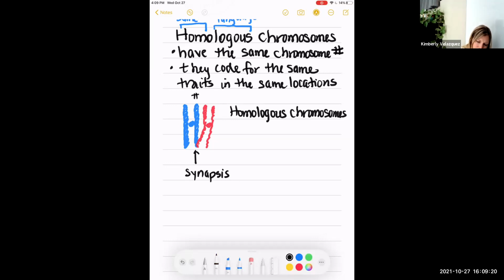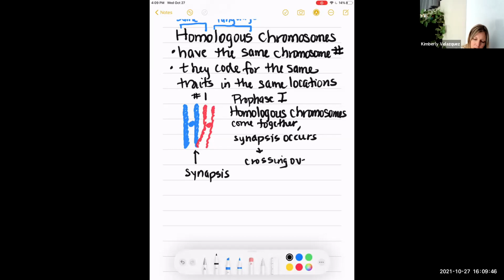So this is chromosome number 1, and we are in prophase 1 of meiosis. So homologous chromosomes come together. Synapsis occurs. And crossing over. Crossing over is gene swapping